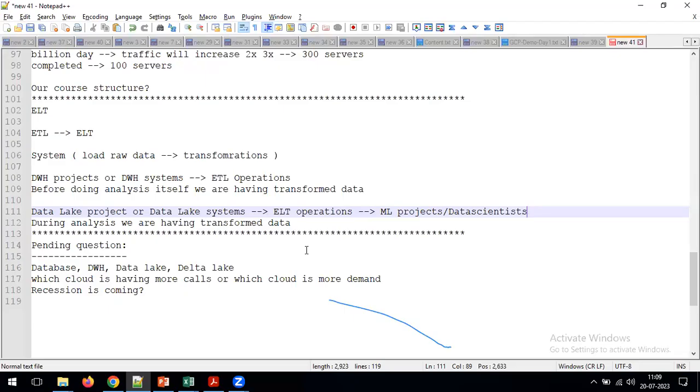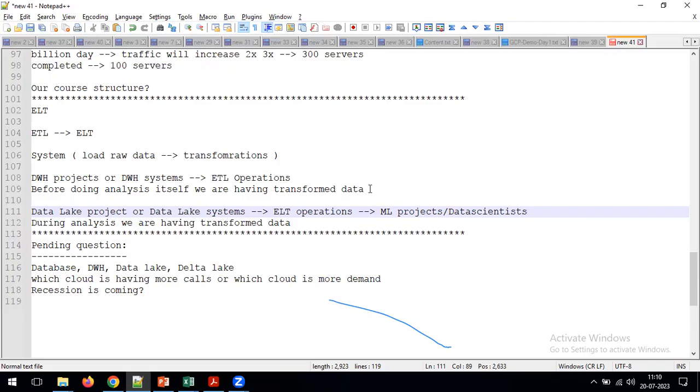Now, as a data scientist or ML engineer, if I want to do the analysis here, I want to get the aggregated data. With the help of aggregated data, I can see how much total transaction each and every person is doing in that system. With that, I can do some kind of analysis and propose some kind of solutions. Indirectly, ML engineers or data scientists are not working on the reports. They are going to work on the transformed data. But as part of doing analysis, they are going to perform the transformation.